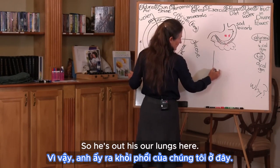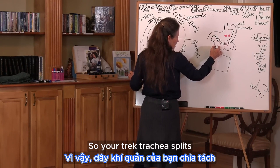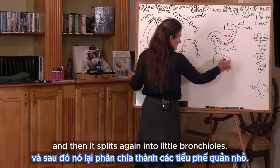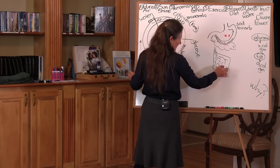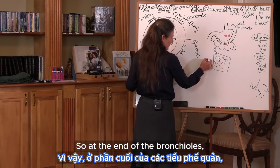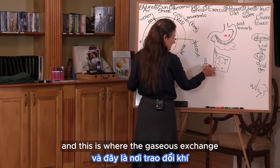So here's our lungs here. That's one lung. So your trachea splits and comes down, and then it splits again into little bronchioles. It's quite a process. And then at the end of every bronchiole, looks like a little bunch of grapes, but they're alveoli. So at the end of the bronchioles, you've got the alveoli, and this is where the gaseous exchange